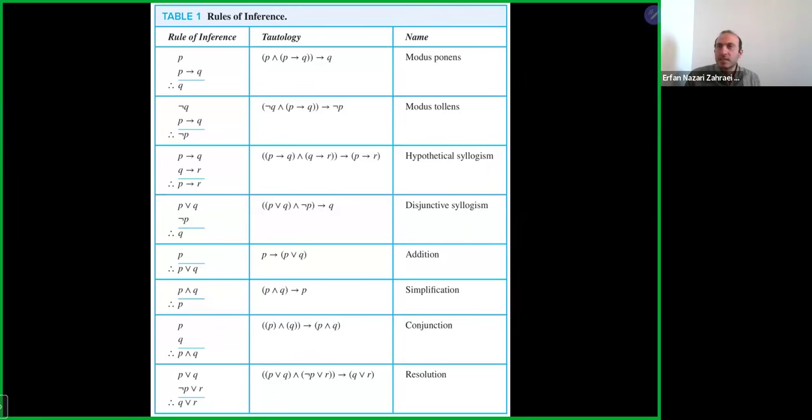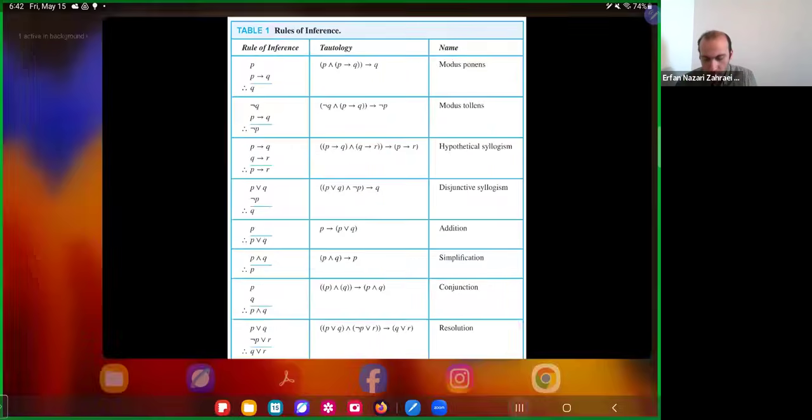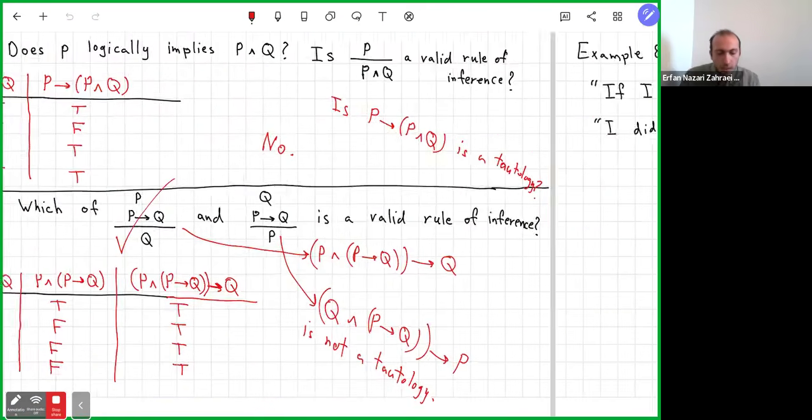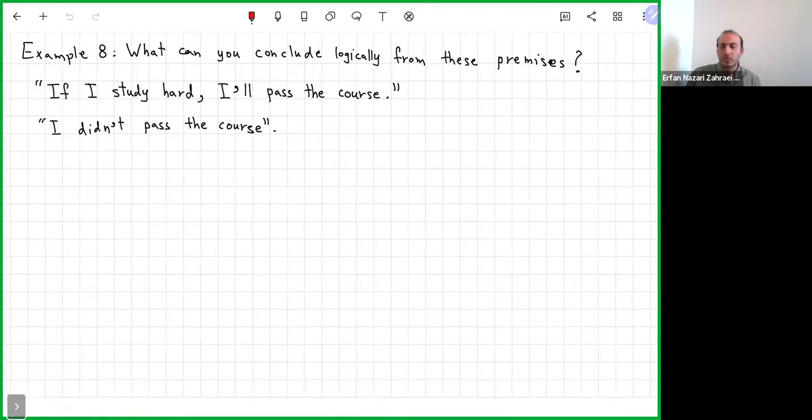Okay, let's practice using them. So now I know how to check if an implication is valid or not. Now I have a list of valid ones. Let me use them as the basic steps of my reasoning to prove some larger statements. Let me use these things now. We have two exercises about using them.